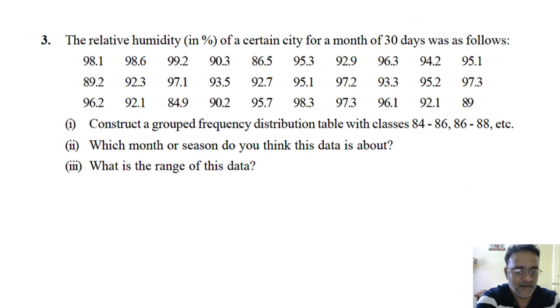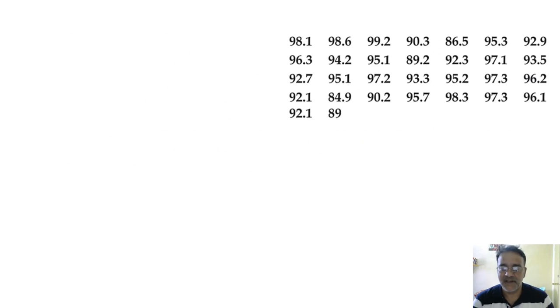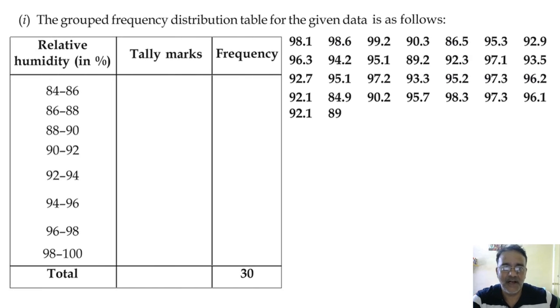Okay. So let us start with the frequency distribution table. Numbers पहले लिख लिए. Okay, table बना लिए. अब हम लोग स्टार्ट करेंगे. देखो यहाँ पे total already given. The total is already given is 30 days. So let us start with the first class 84 to 86. 84 is included, 86 is not included. So let us cross the